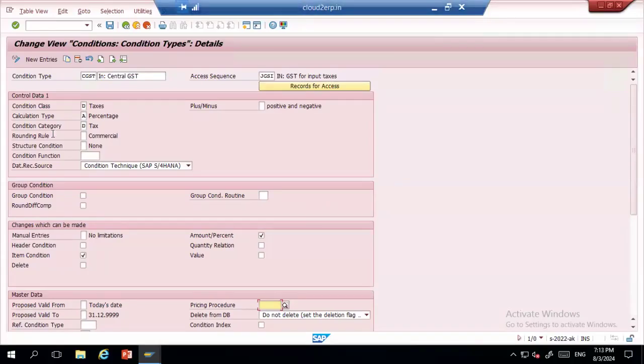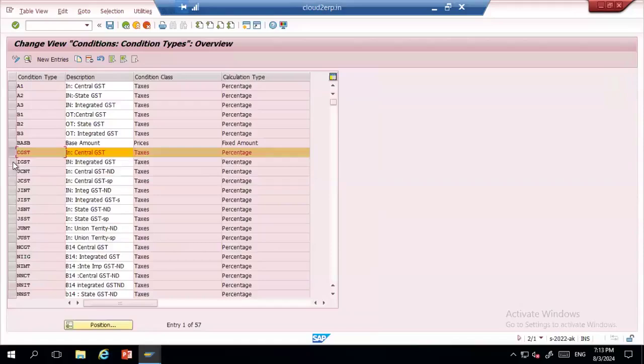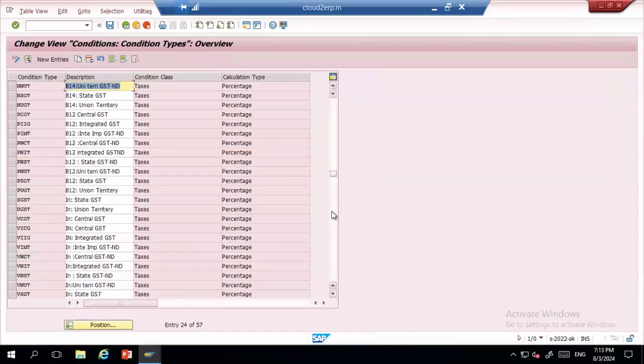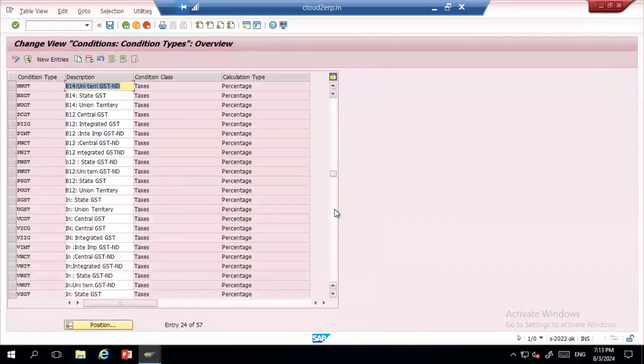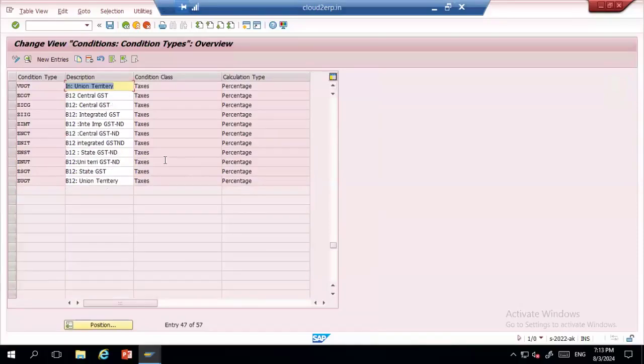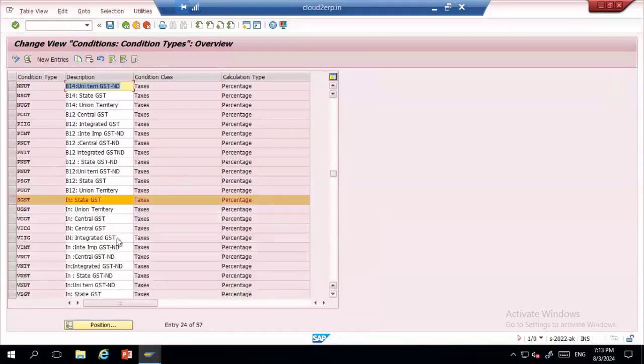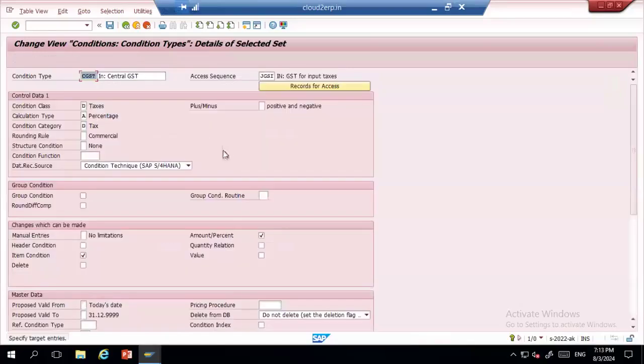If I take an example, we have central GST, IGST, and you will also have the SGST here, and the union territory GST, that will be UGST here. So these all are the four tax categories we have in SAP. If we copy it, everything is going to remain the same.